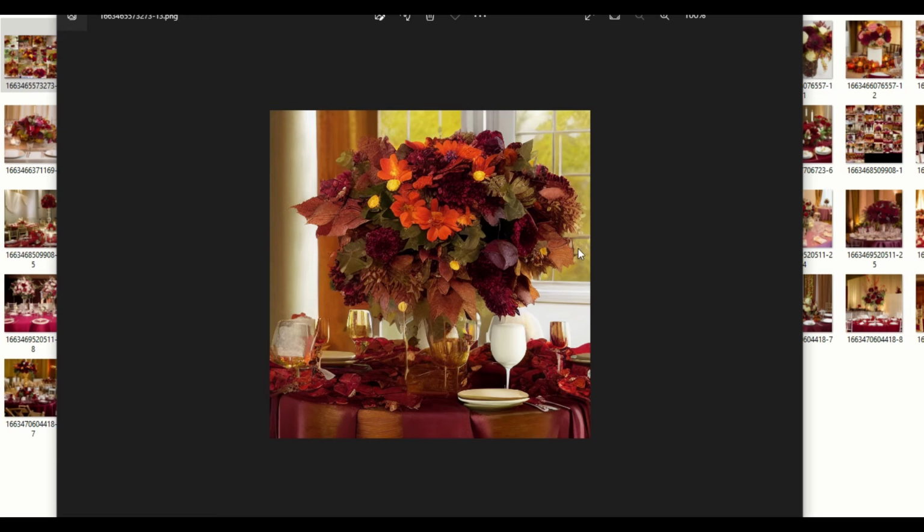Is it perfect for a dining table? No, because you can't see anybody across from them. But could you imagine if you had a lovely, maybe 60-inch round table that you wanted to put your seating cards for, who's sitting at what table here, or if you had a grand foyer that you needed a little decoration for it, this would be one of those arrangements that stands out because it's different, but it's also very